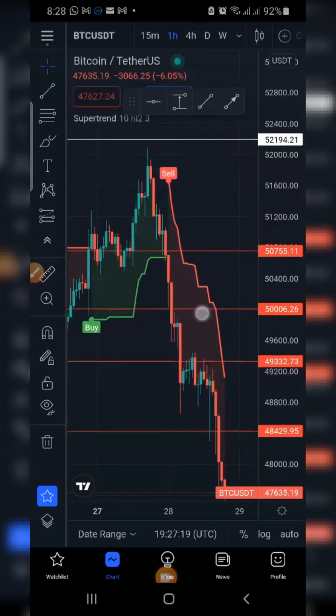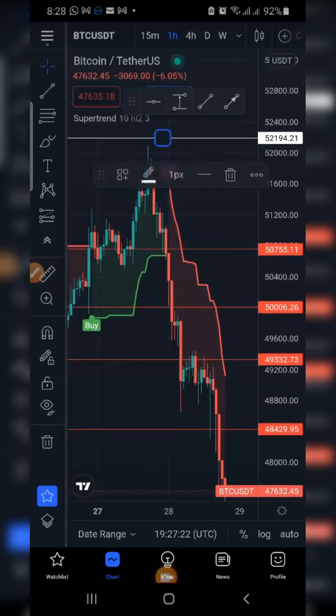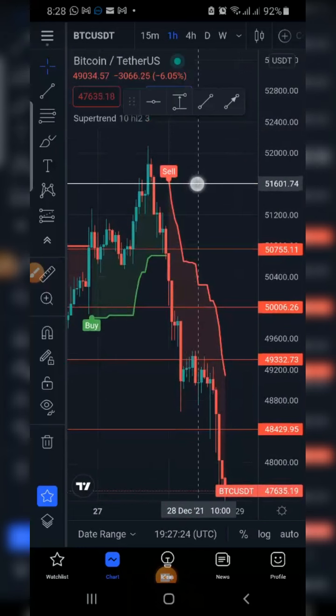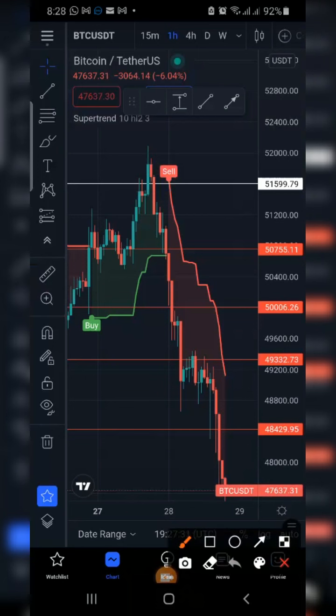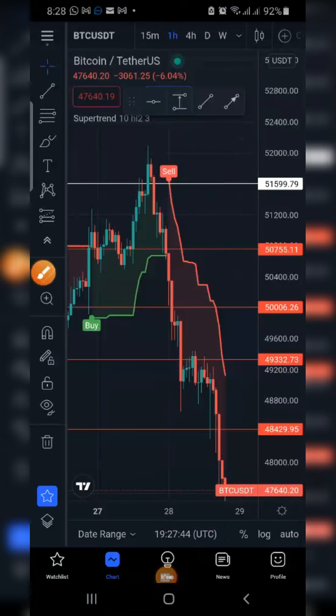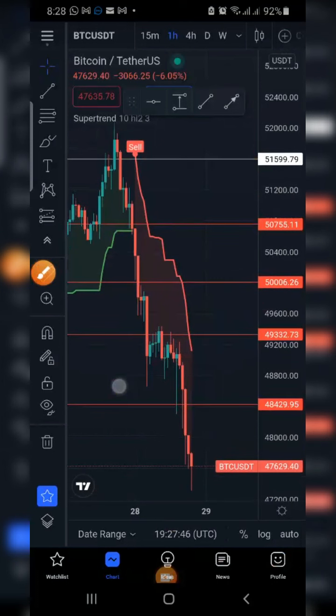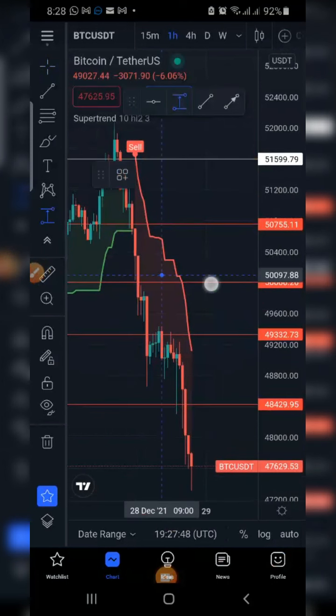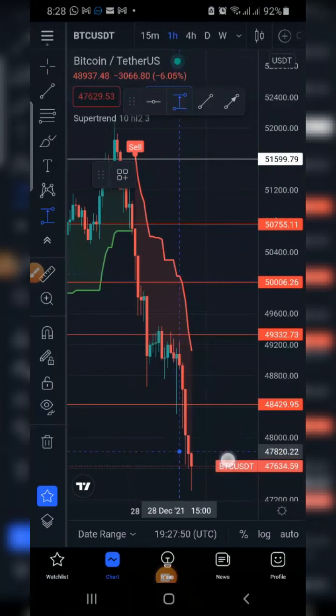If you can see my screen now, if you purchase Bitcoin at 51,599, this white line, hoping Bitcoin will go up or move right and left and give you profits according to the way the robot works. Now, if Bitcoin moves all the way down, look at this, from the current price,